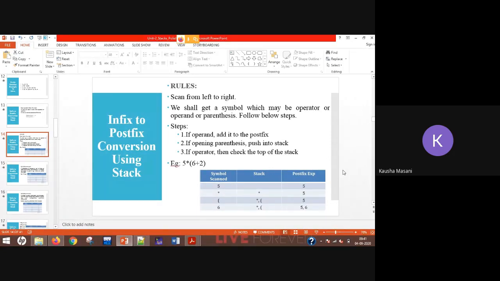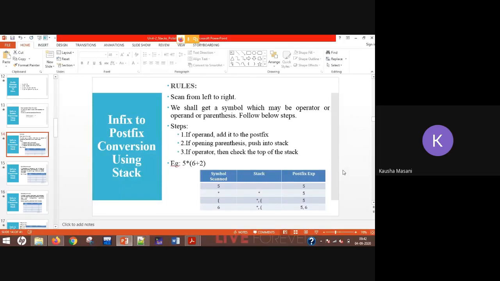So as you can see onto your screen, these were the rules which were discussed by us. The very first rule for the conversion of your infix to postfix was that you have to scan from left to right. This is the infix to postfix revision part. We are not starting anything new. Then if you get any kind of symbol, your symbol can be of three kinds: either brackets, or your operator, or your operand. Then we had three sets of rules for each one of them.